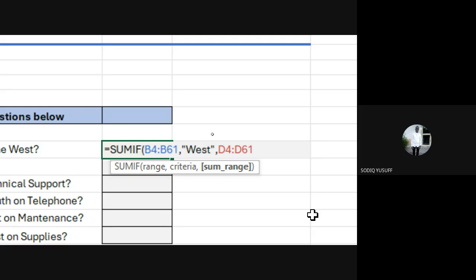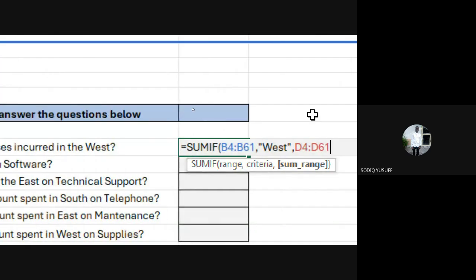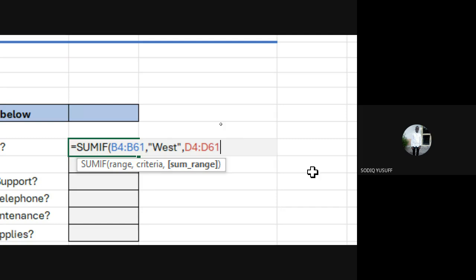Again, first, the range. Go to this range, that is this column. Secondly, criteria West, that is, go to the column and look for West. When you get West, what do you want me to do? Sum this range, that is, always look for West and pick the numbers that belong to West and add them together for us. So you can tell me what's the last thing you go to? After supplying the sum range, what do we need to do? We need to close the bracket. After the sum range, there's a close bracket there. So we need to close our brackets and hit enter.